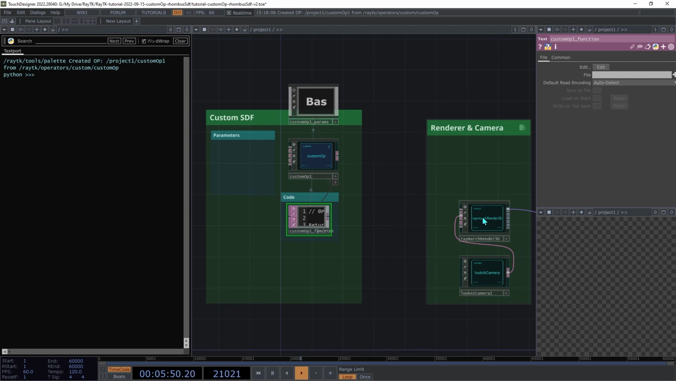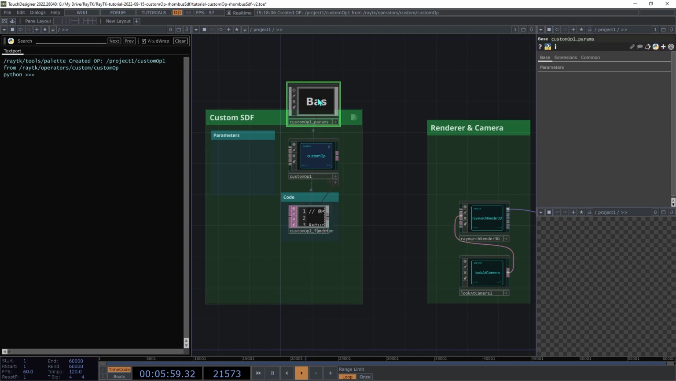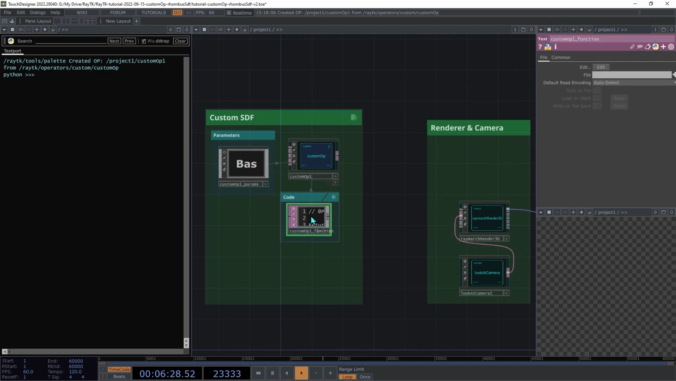When you create the custom op, it will automatically create two other operators. Above the custom op is the parameters comp. This is where you will add custom parameters that you can use to control the operator. In regular ROPs, those parameters are included on the ROP itself, but for custom ops, they're kept separate. For reasons that will become apparent later, I'm going to move the parameters comp to the side here. Below the custom op is the function code dat, and this is where you'll add the code to implement the